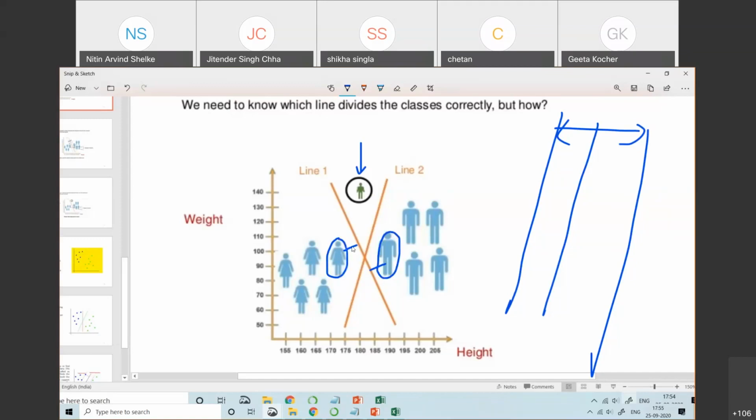This distance is less, a small distance. So that's why we select this line as our hyperplane. And if we select line 1 as the hyperplane, then by default this input we have provided gets categorized as male. Clear?